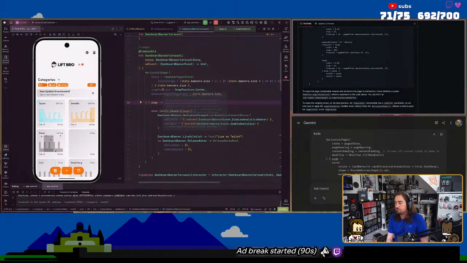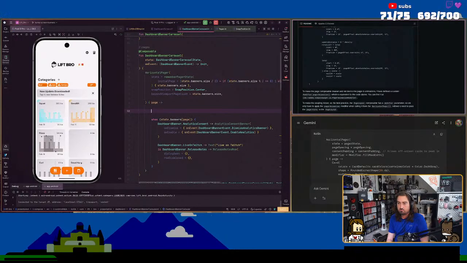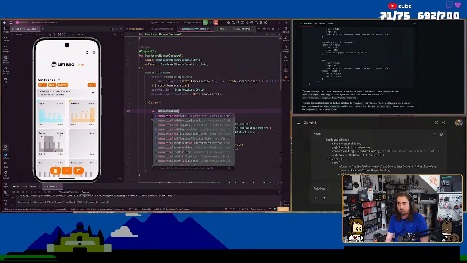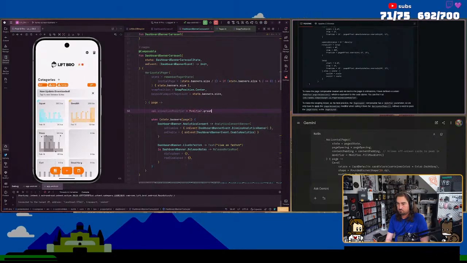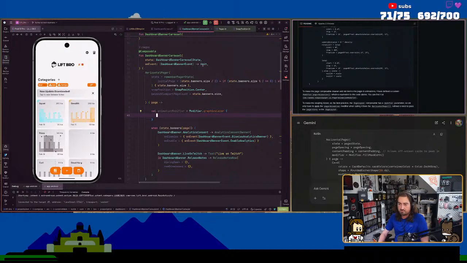So what we will do. Okay, so we got the graphics layer.